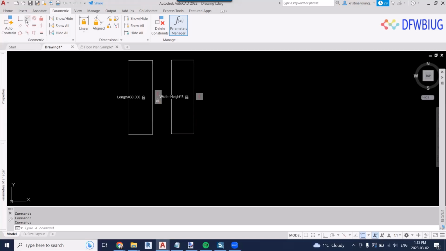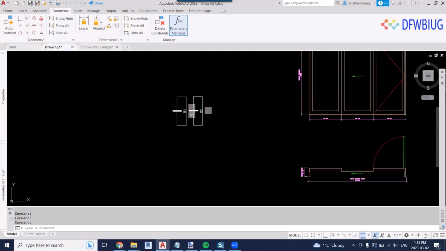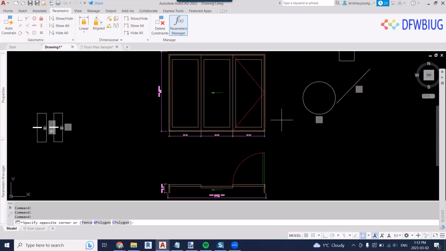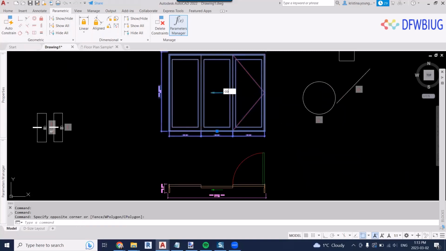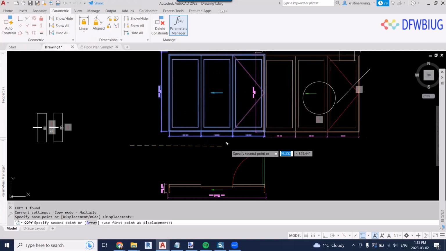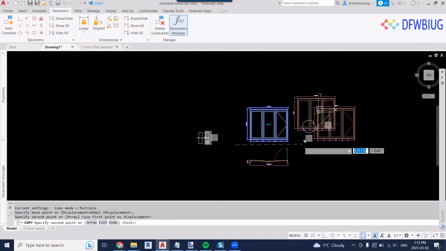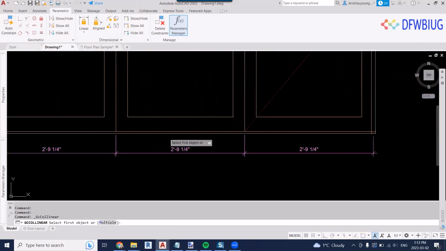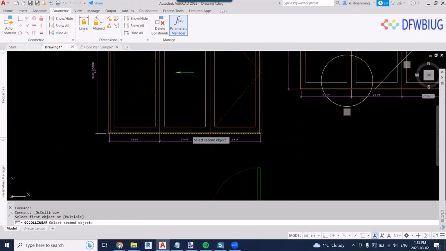Yeah, so that's where your collinear would actually come in handy. Here, let's just do it with this window. If you want all the windows to be in a line, so if you're doing an elevation plan, you just move one and the rest will move with it. Let's just pretend that somebody didn't know how to place the door, and you're like, oh goodness gracious, these have to all be on the elevation. So I'm just going to